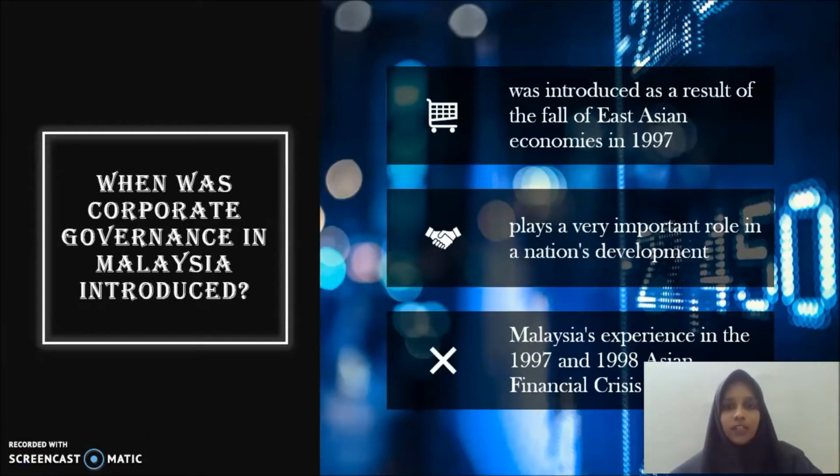Corporate governance in Malaysia and other East Asian countries was introduced as a result of the fall of East Asian economies in the second half of 1997. The period brought greater attention and appreciation of corporate governance to the public and private sectors in those countries. Corporate governance, as is generally known, plays a very important role in a nation's development, particularly in strengthening and deepening its financial and capital market. Hence, Malaysia's experience in the 1997 and 1998 ASEAN financial crisis set off the need for good